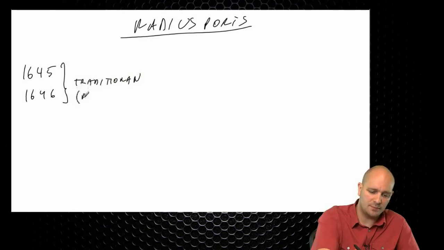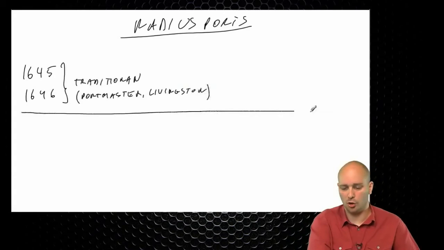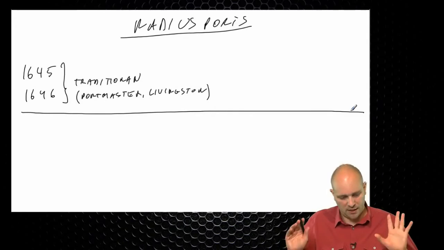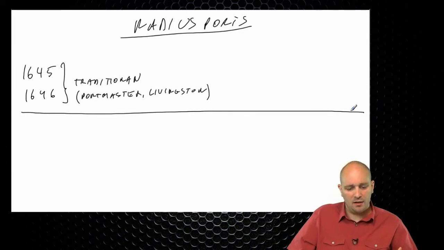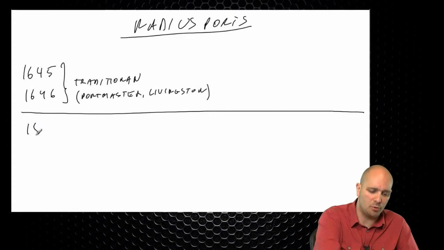And also, sometimes they might be referred to as Portmaster ports or Livingston ports, because it was Livingston, the company called Livingston, later bought by Lucent, which is now, I believe, part of Alcatel-Lucent. They were the ones who originally invented Radius, and these are the ports that they used. Now, the standard ports are 1812 and 1813. So these are the standard ports